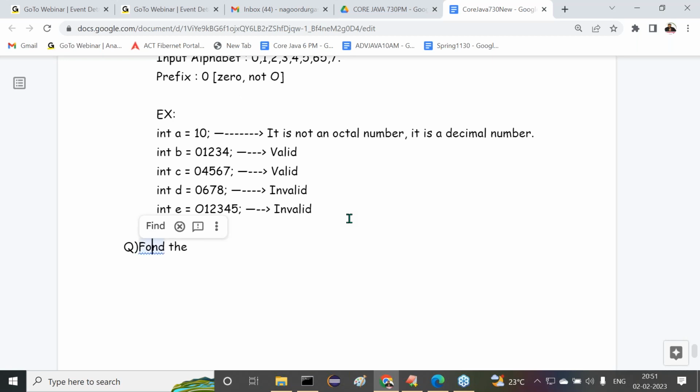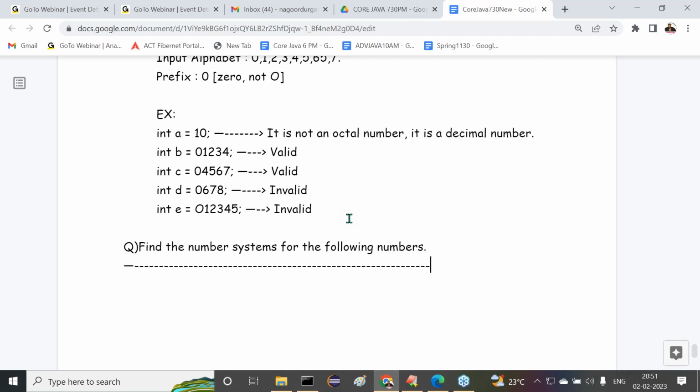Find the number systems from the following numbers. int a = 00; int b = only 0.